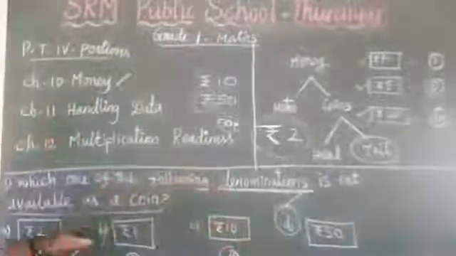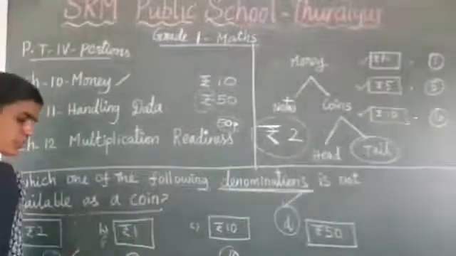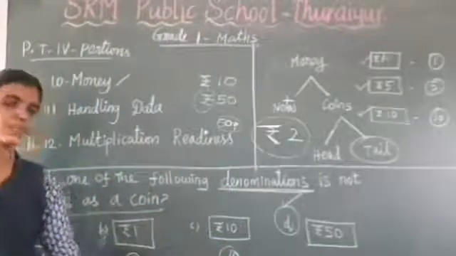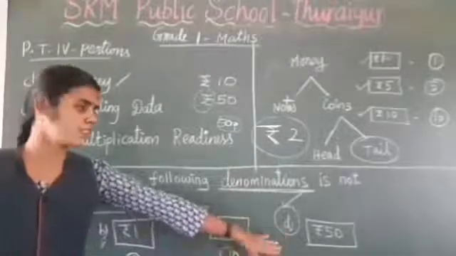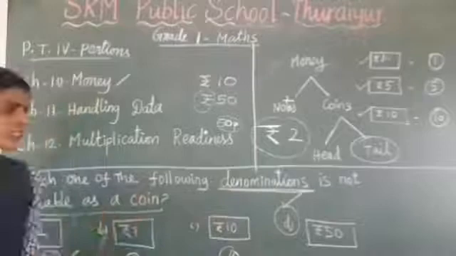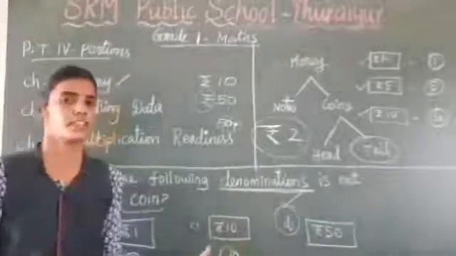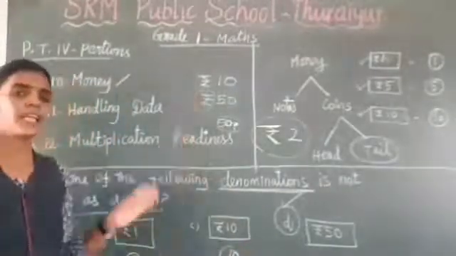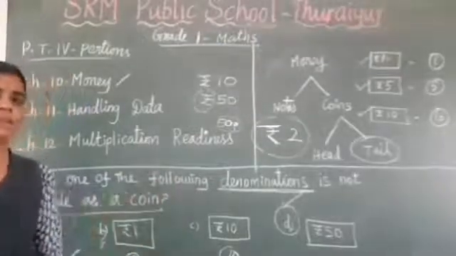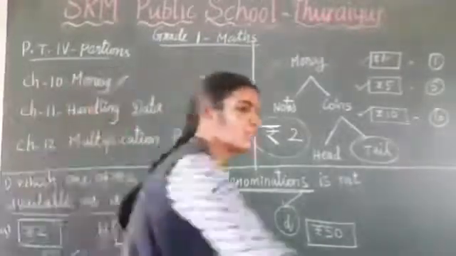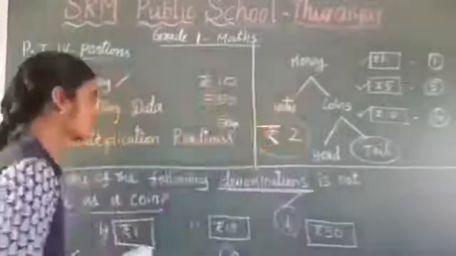So one by one you just check it. If an option is not apt for the question, leave it. Then the last one is the correct answer. So this is the right way to choose the correct answer. Okay, do you understand, my dears? Then what are the new things in this money chapter? Count money. Yes, count the money.